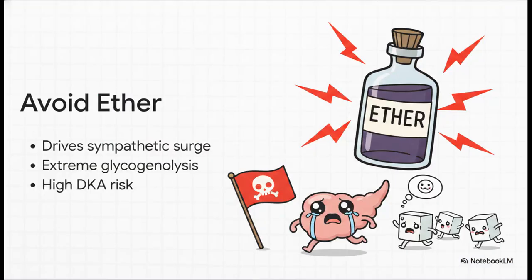The answer is ether. We avoid it completely because it triggers this catastrophic neuroendocrine surge of counter-regulatory hormones, things like epinephrine, cortisol, and growth hormone. That surge risks profound hyperglycemia, severe glycogenolysis, and a massively elevated risk of DKA. And that right there is exactly why modern volatile agents like sevoflurane, which barely touch blood glucose levels, are vastly